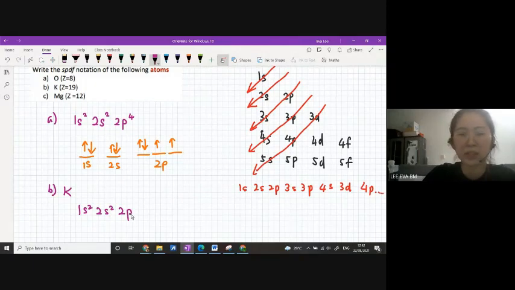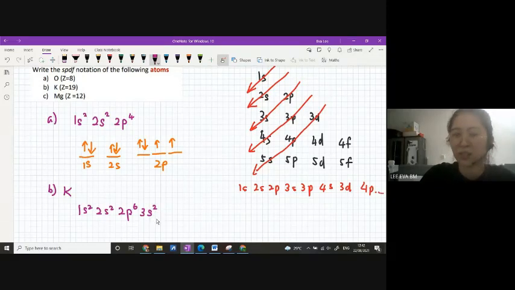P orbital maximum electron? 6. Cuba kira dekat sini, berapa elektron? 10. Ada lagi 9. Okay, so kita proceed lagi lepas 2p, kita masuk 3s. So s orbital, maximum electron is 2. Now it's 12,